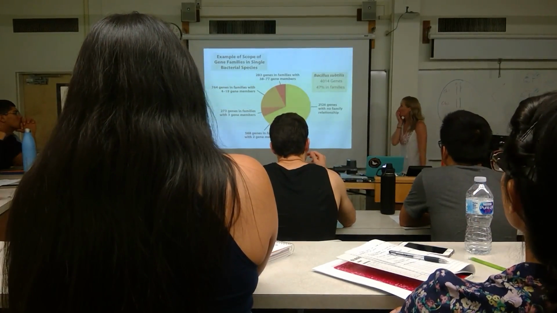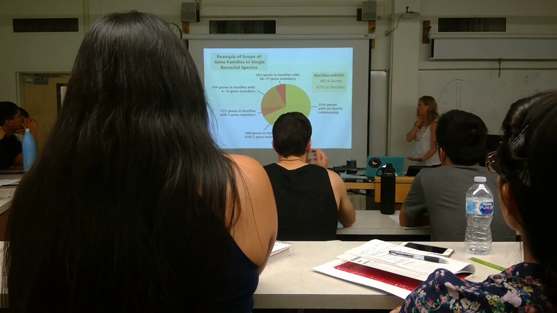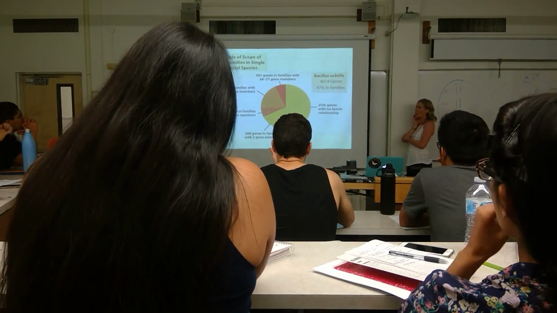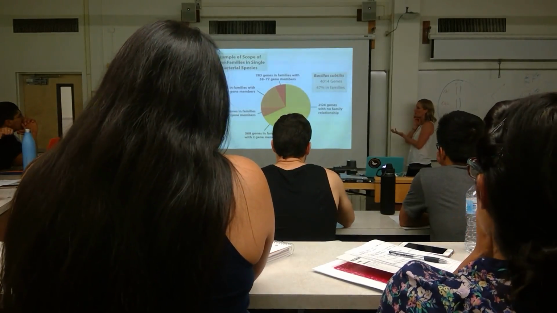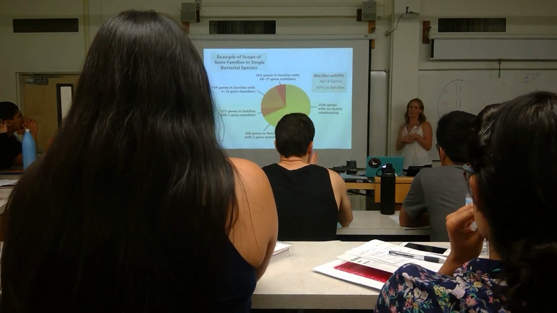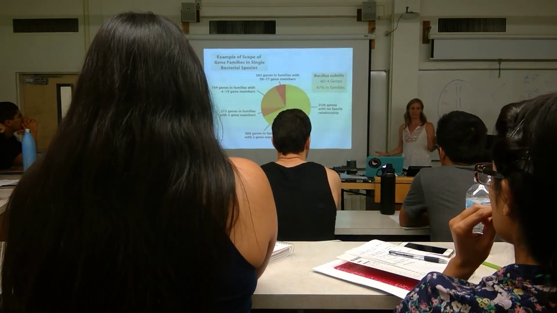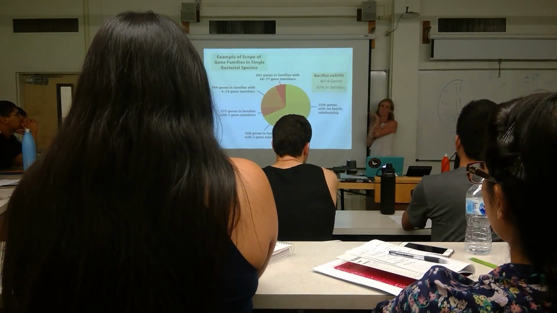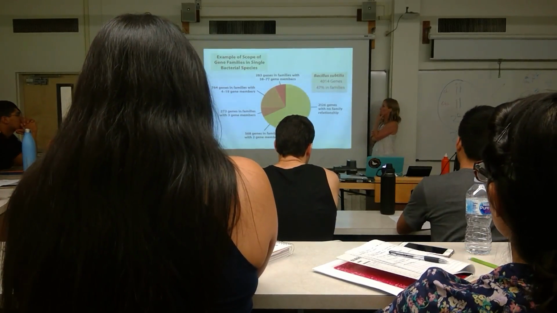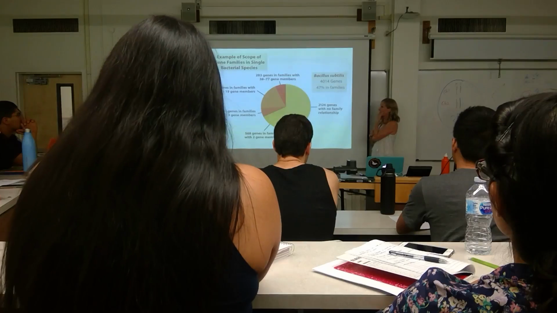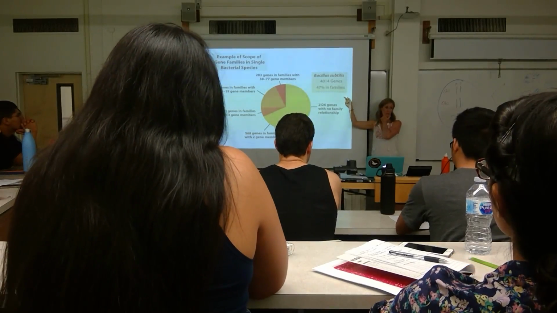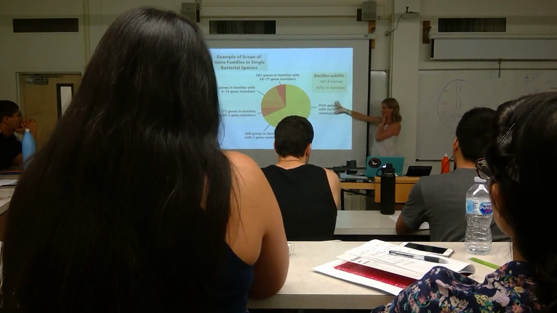All right, so let's look at the scope of gene families. Why am I harping on gene families so much? It's because of their prevalence. In any organism you look at, you're going to identify a ton of genes that reside within gene families. So this is one single species of bacteria called Bacillus subtilis. Its entire genome encodes about 4,000 genes. About half of those reside within gene families, right? So if you look at the pie chart,